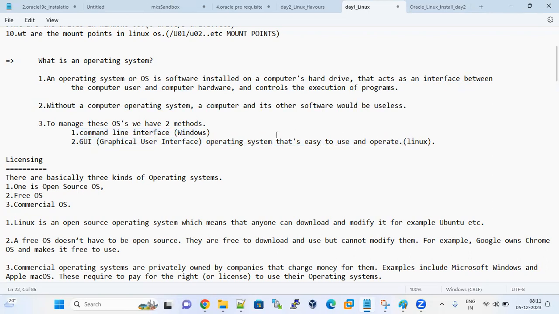Nowadays, Windows is a graphical user interface, GUI based operating system. Linux is a command based operating system. If you want to operate the Linux operating system, it works purely based on commands only. Windows is a GUI based operating system.